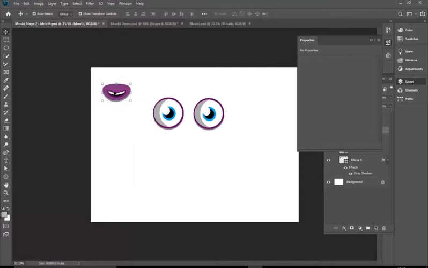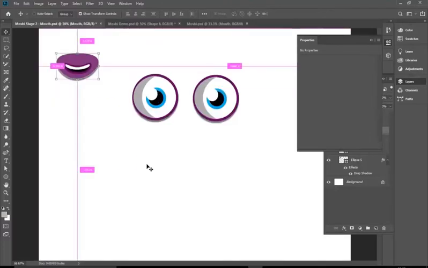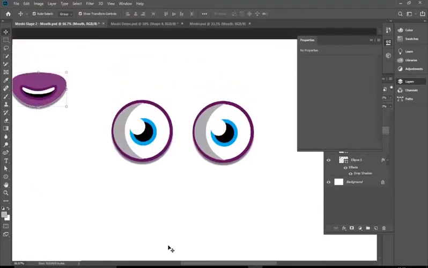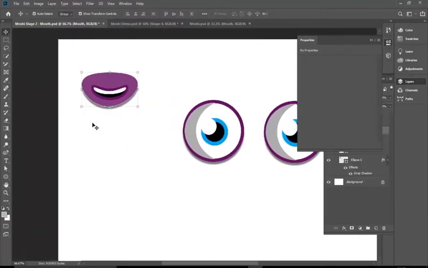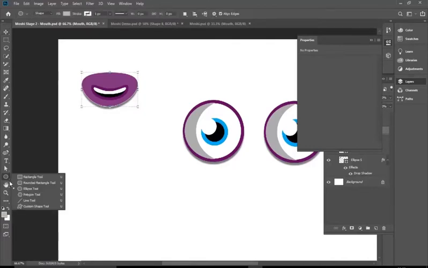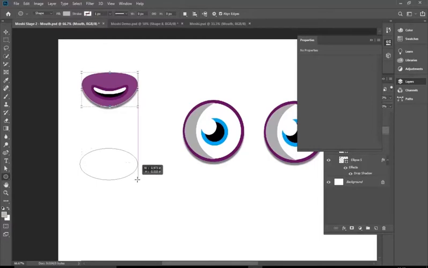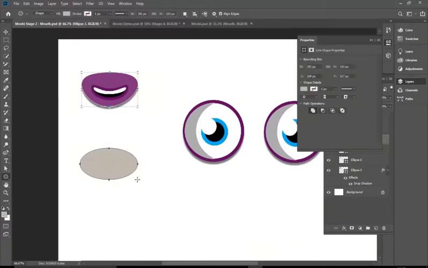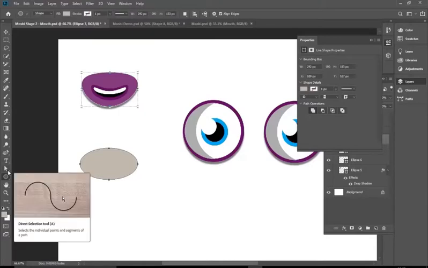So what we're going to do is start off by zooming in, to make it a bit easier to see, and we're going to use ovals, ellipses again. So we'll put an ellipse on like this. Now at the moment it's the wrong shape, but what we can do by using this tool here,